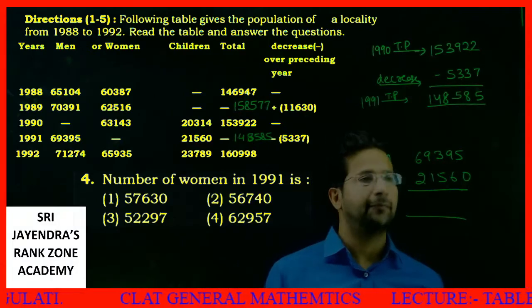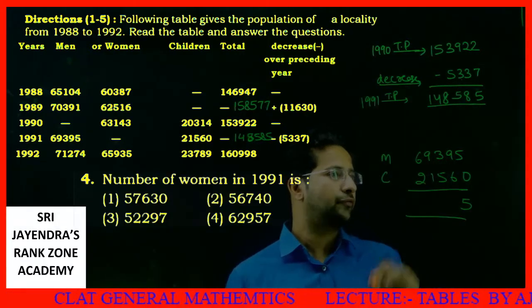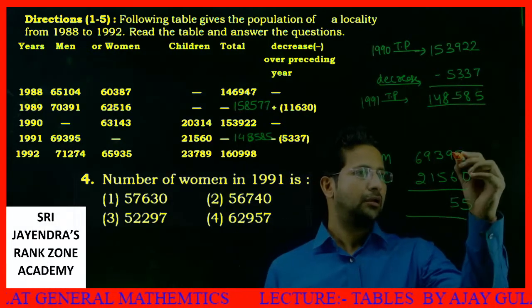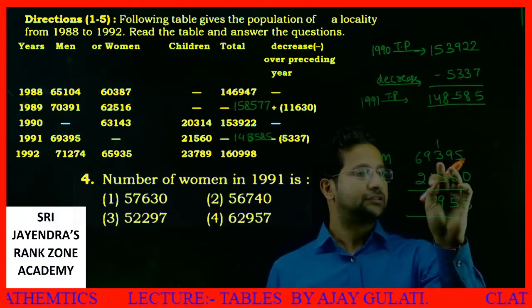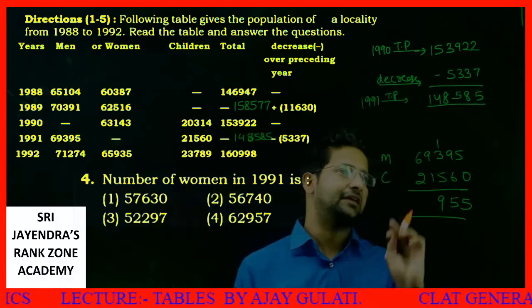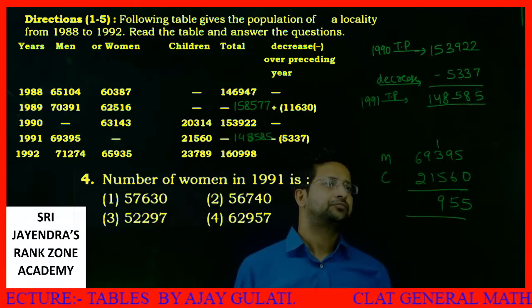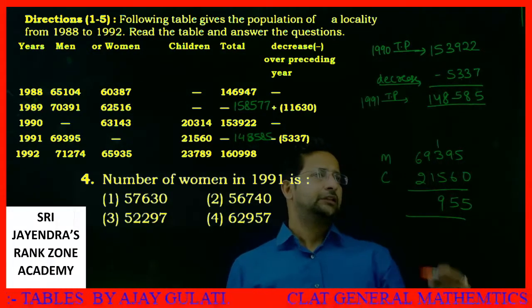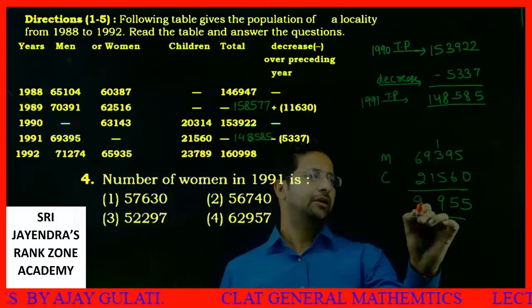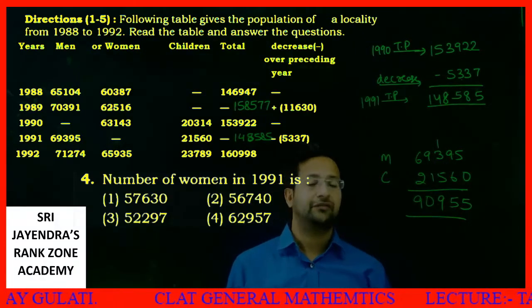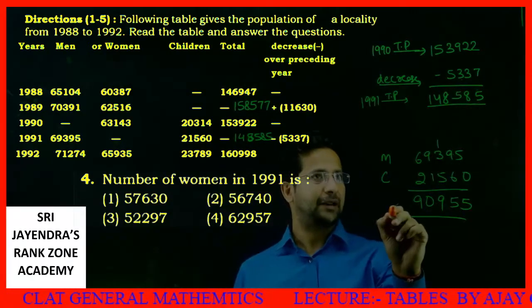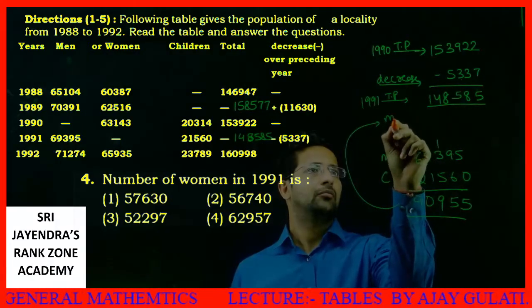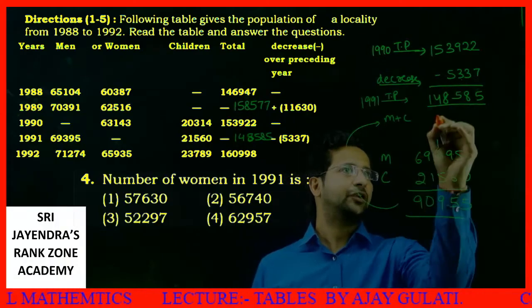What do I get? 5, 961. Again 9C5. This is 39 and 56 exactly. This is 95. Then 69 and 21 will give me 90955. If from this 148585 I subtract this, men plus children, 90955,